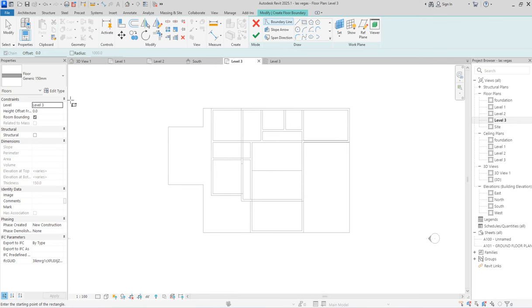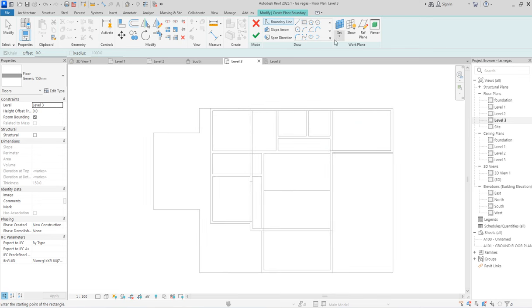This is my level 2 ground floor on a level 3. So I will just use this line, so let the line guide my design precision.